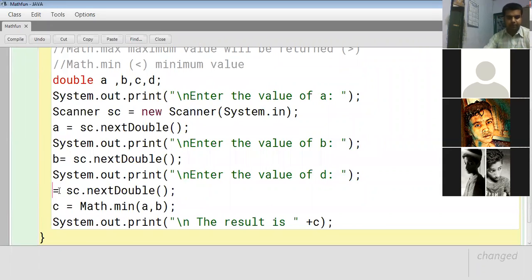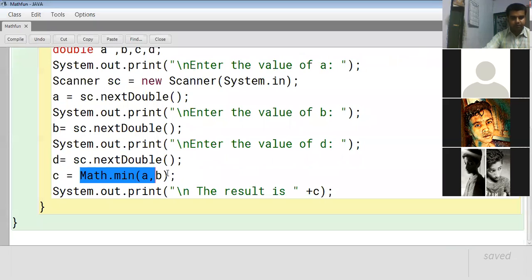We will take three values. Now I will create a complex expression. How? I will write math.max, put a bracket, and inside the bracket I write math.min, a comma b, bracket close, comma c.